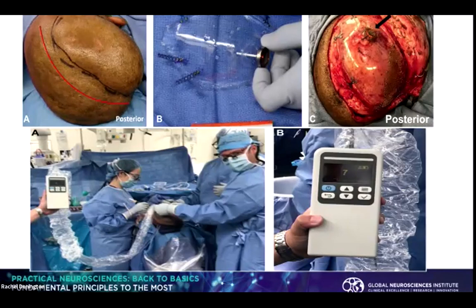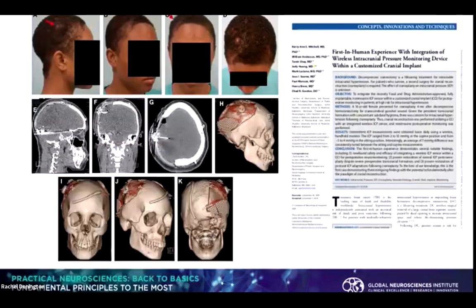That's next technology. That's thinking outside the box. That's using engineering, IT technology, surgery, and common sense. This is really exciting stuff. We could have done this 10 years ago, but those things never came together. So this is the before and after. You can see, incredible cosmetic defect, but this young boy now has a pressure monitor in his head.